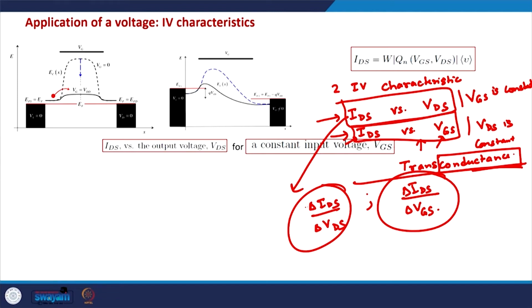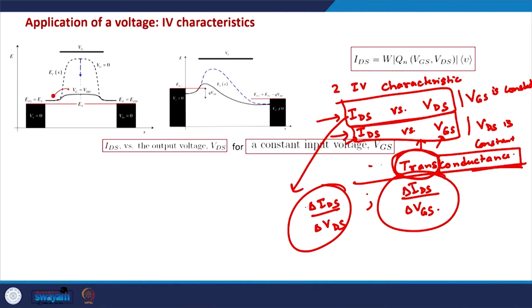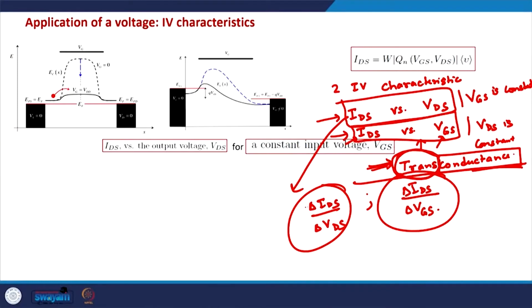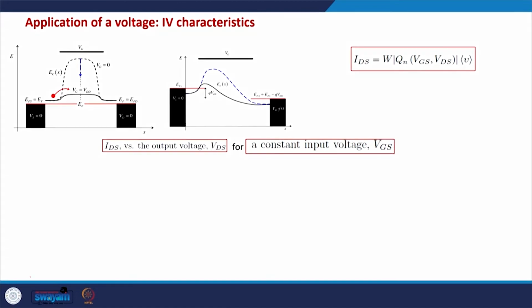Actually, just to highlight, the name transistor also has a correlation with how the effect of the gate voltage is transferred to the channel. So, the name transistor has its roots from that action, the action of the gate voltage on the channel. That is why it is also known as the transconductance, and the characteristics is known as the transfer characteristics. Now, the MOSFET IV characteristics is an interesting one, and it can be broken down